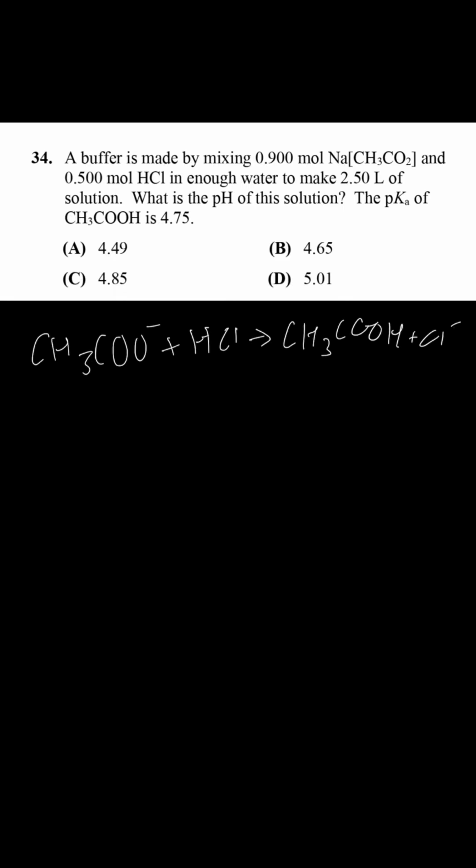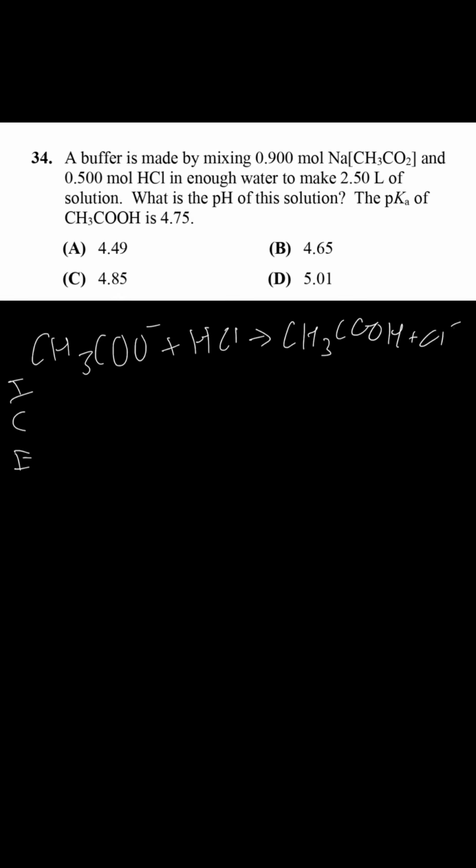Okay, so first we need to realize that there's going to be a reaction between acetate and the hydrochloric acid, because acetate is a weak base and hydrochloric acid is a strong acid. You're going to protonate the acetate to make acetic acid, and you're going to deprotonate the hydrochloric acid. And so we're going to use an ICE table here. The reaction goes to completion, but this is a good way to figure out how much of each thing is